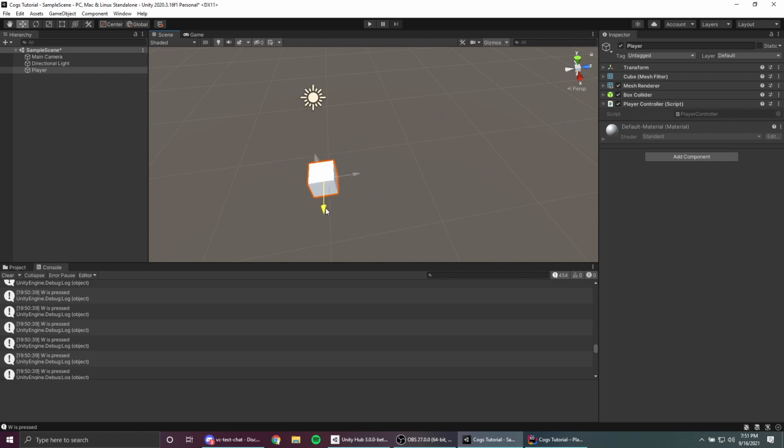Moving positive x is moving to the right, and moving negative x is to the left. And then finally, the y is up and down. So you don't necessarily need to abide by this, but this is the way that Unity really likes to think of things. When you say move forward, and you'll see we actually use the word forward, it's going to move